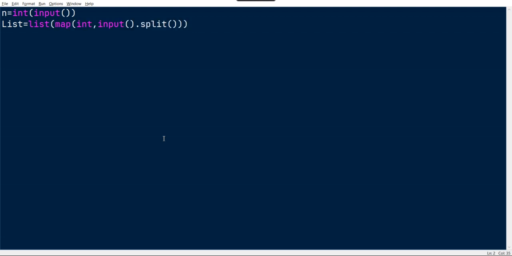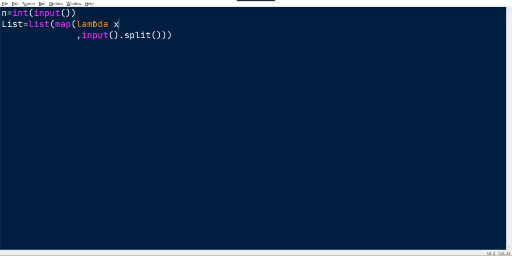This is how we usually do it for numeric values, but this time the input contains some alphabetic values in it, right? So we can't use the int function. Instead, I'm going to use my own lambda function.